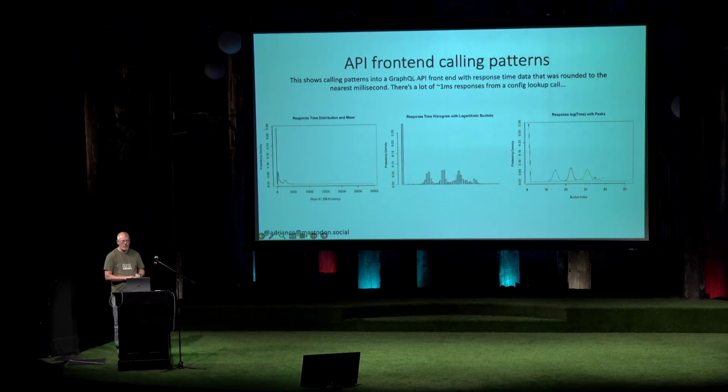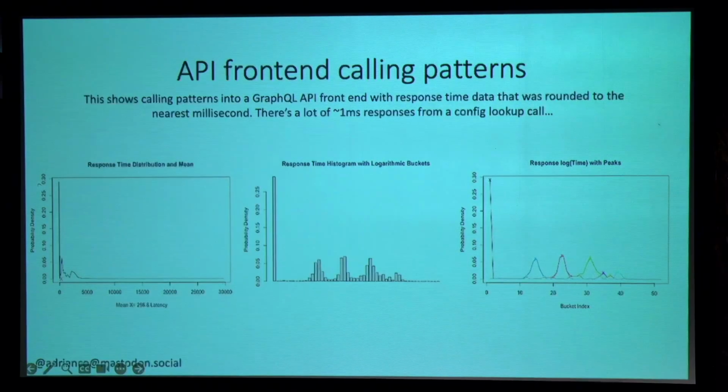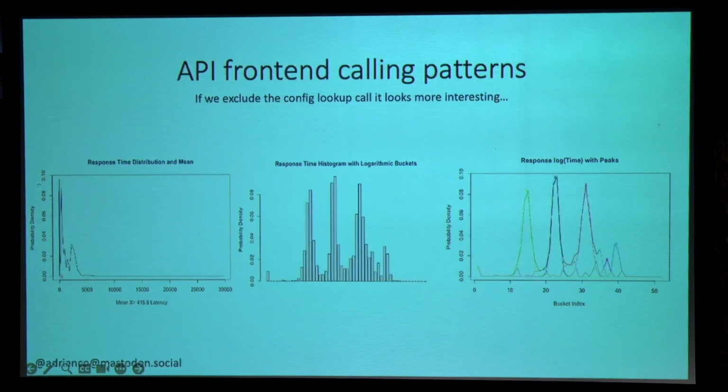So I'm now going to look at another system, this is a GraphQL front end. So you've got lots of different request types coming into this, and it's got 3 different clumps of peaks you can see, and then there's this huge spike at the beginning because there's some kind of configuration thing, which is a super quick response. And I figured I just filtered that out. So if we forget about the super quick thing, this is probably more of the real GraphQL stuff that's going on. So I've got a bunch of distributions here.